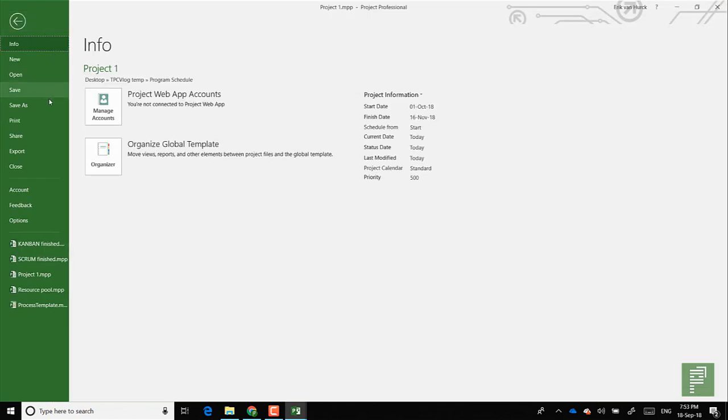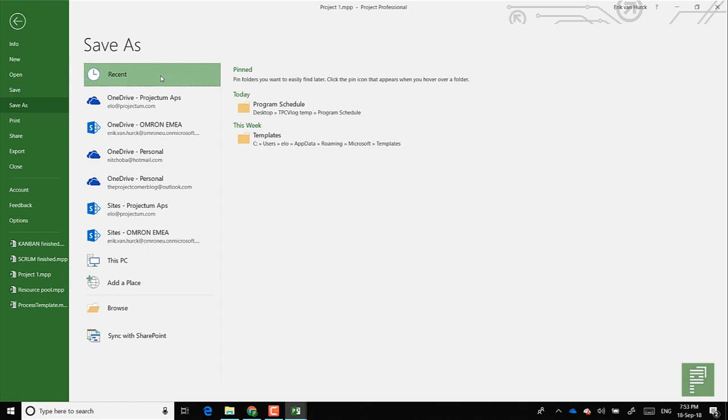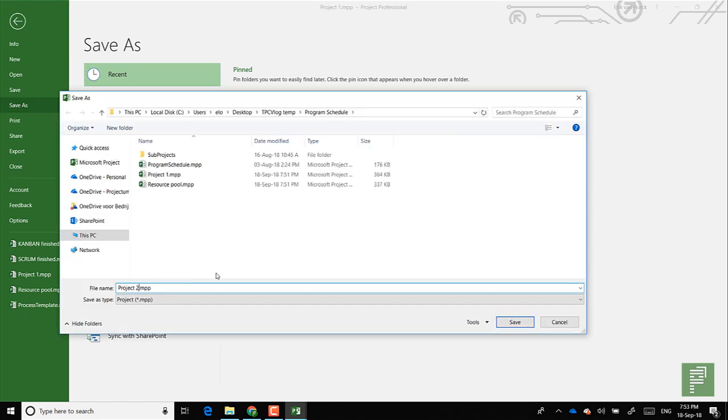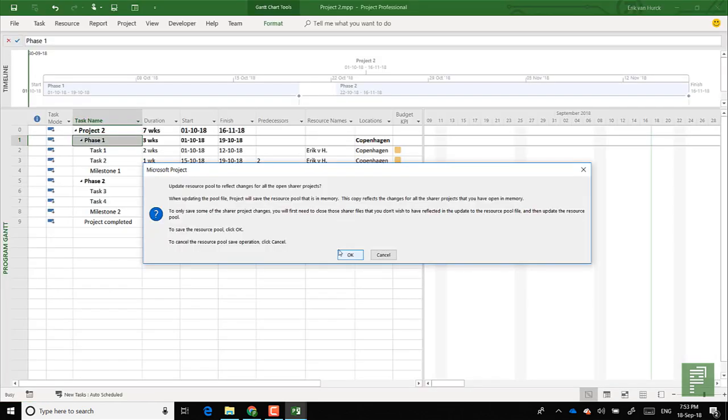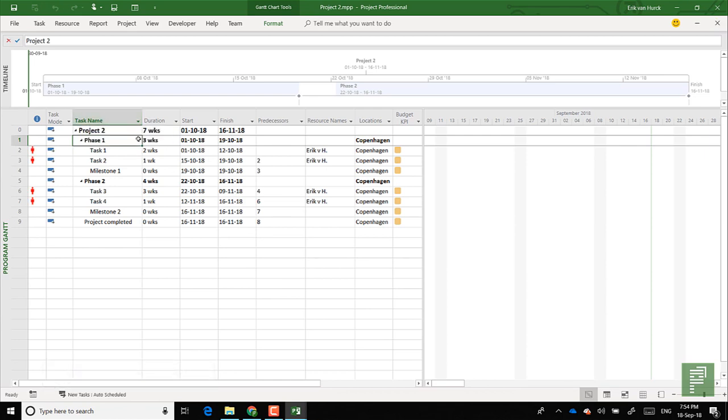To do this quite easily, I will just change the project 1 to be called project 2, and I'll save this file in a different name. I'll call this project 2. And here it has a nice pop-up. I've changed the name of the project and I've changed the file name as well. So here it will ask me, do you want to have the change also reflect in the resource pool? So let's click on OK